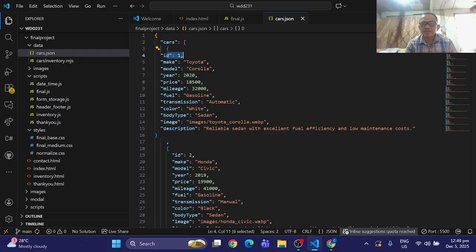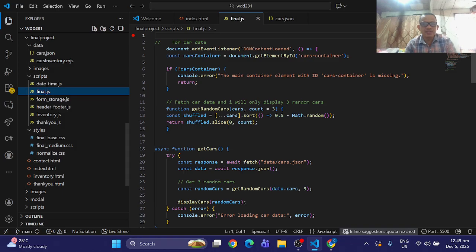So this is the key value pairs. Then I am getting these values into my program through my JS file. Yes, this one. This is my JS file.